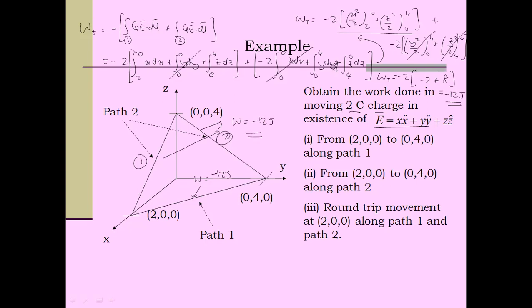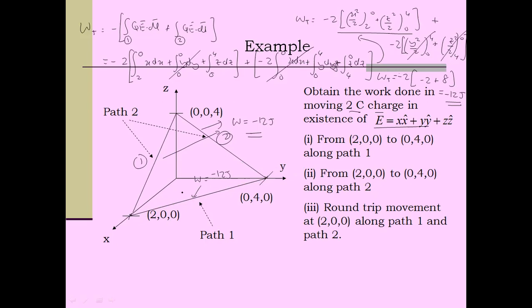Okay, what can be deduced or concluded from these results? It can be shown that based on this calculation, if we have the same initial point or starting point, and the same final point, it can be said that the total work does not depend on the path taken. As long as we have the same initial point and the same end point, the total work will be the same, regardless of the path taken. So that should be the first conclusion that can be made from this